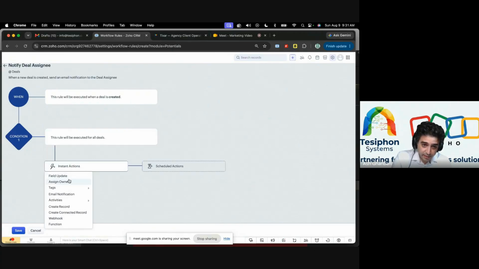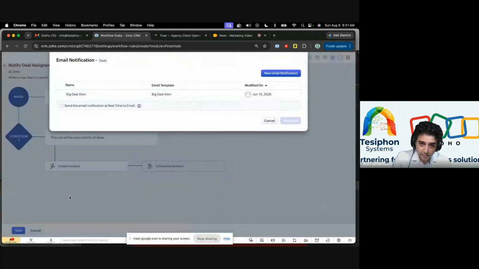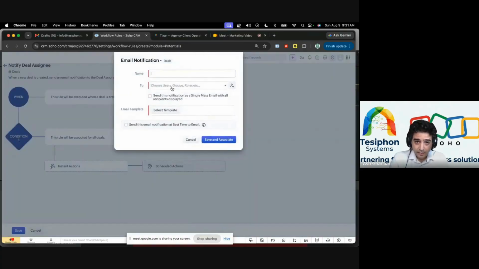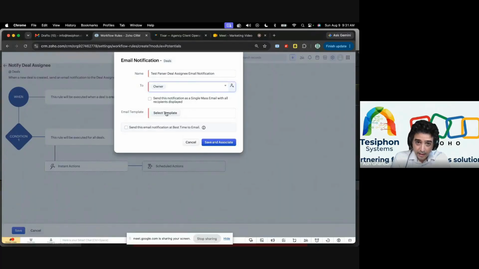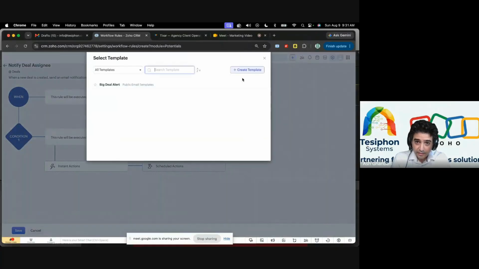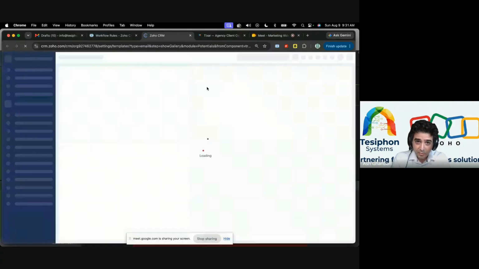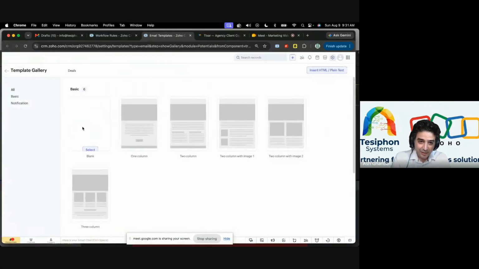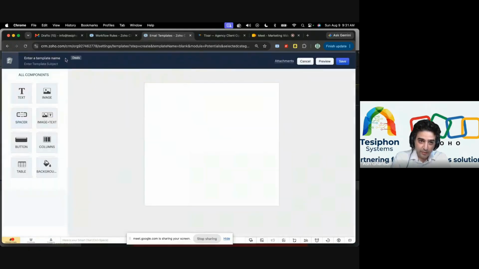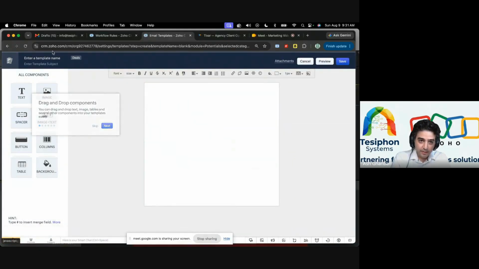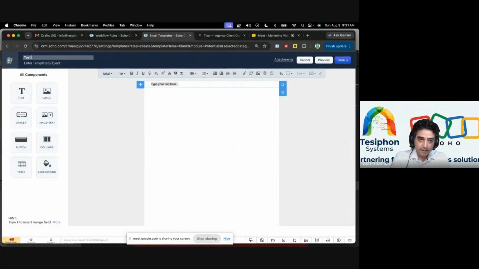We want it for all deals. And we already have the assign owner. Now we want an email notification. There we go. We create an email notification, test parser, deal assignee, email notification to the owner. And we are going to select a template. We're going to create a very sophisticated template. Actually, we're going to keep it as simple as possible. We're going to call it test parser